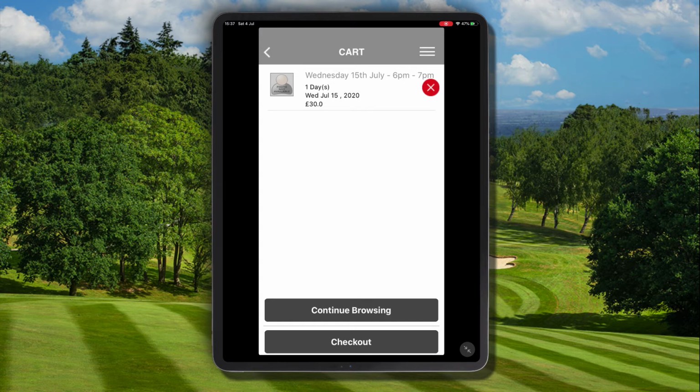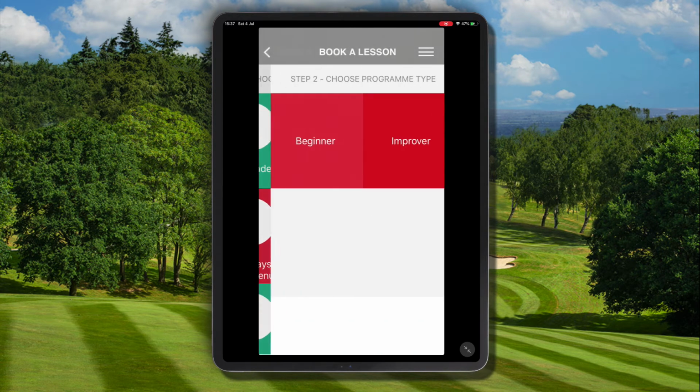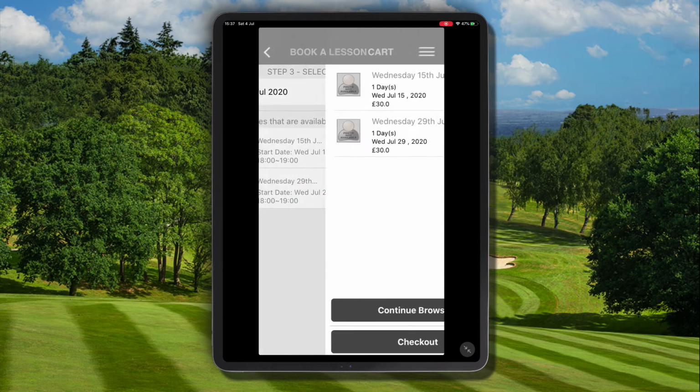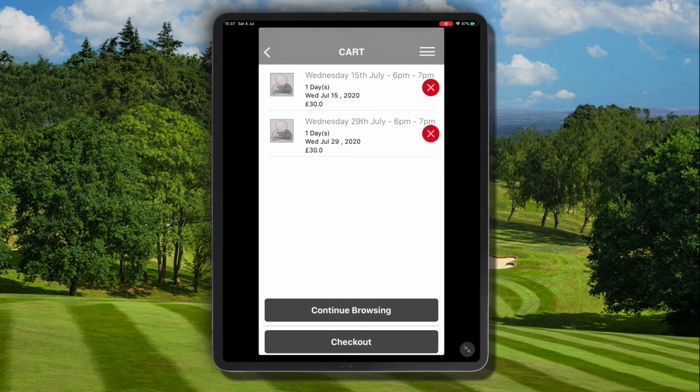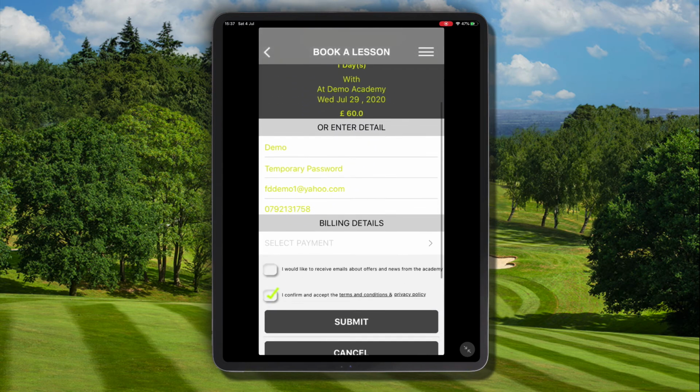So let's click continue browsing, and we can now go back into the booking system, select the Adult Academy, select the Improver subfilter, and we can now select the second class, which is the 29th. So we can now see that we have both classes added to checkout, and we can carry on adding more classes if we need to. We could scroll through the different months to find different classes. But let's go ahead now and click checkout, and we're now taken through to the checkout page,